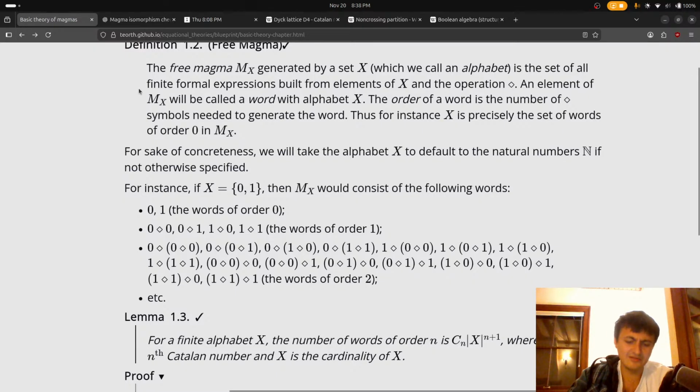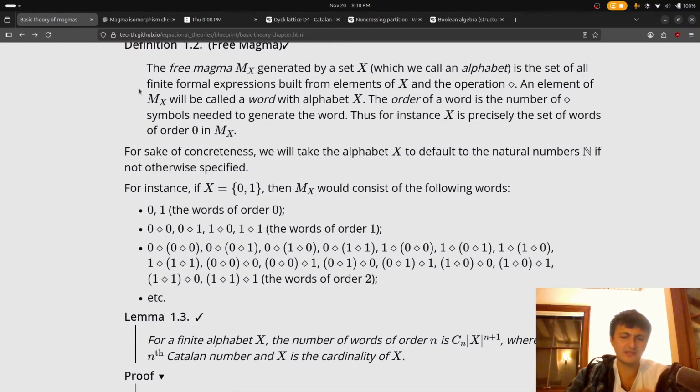But the free magma is kind of like a syntactic-only thing, right?